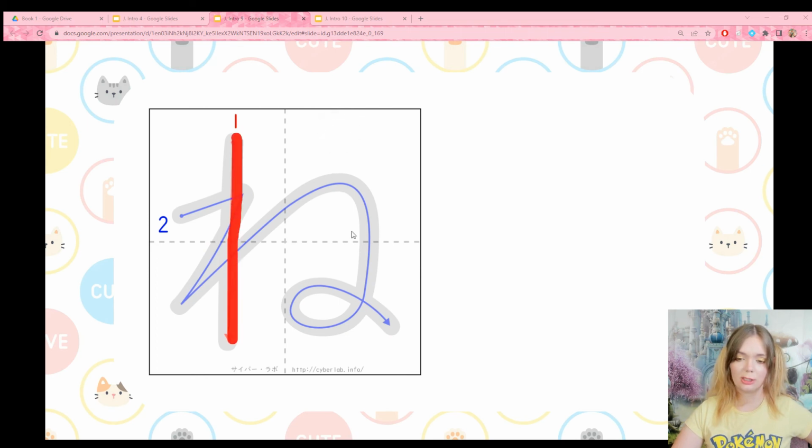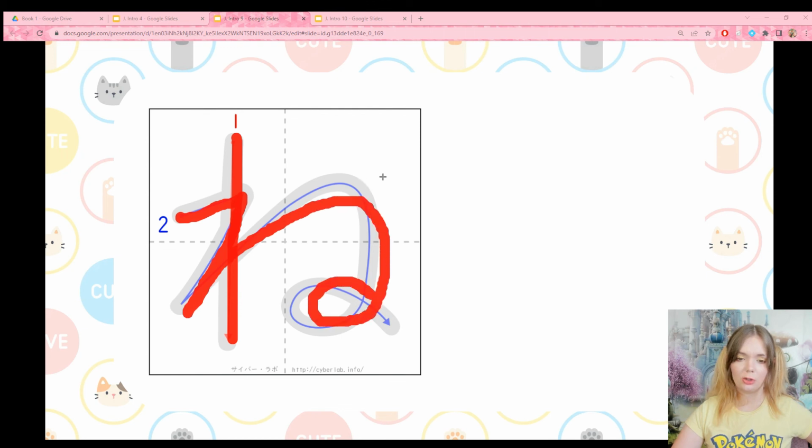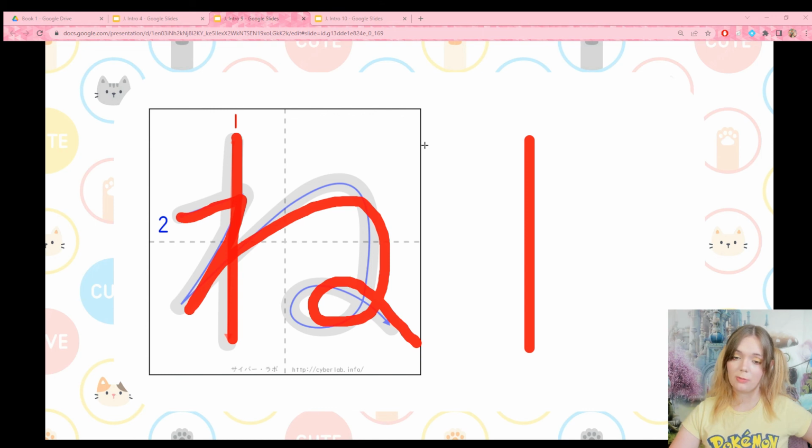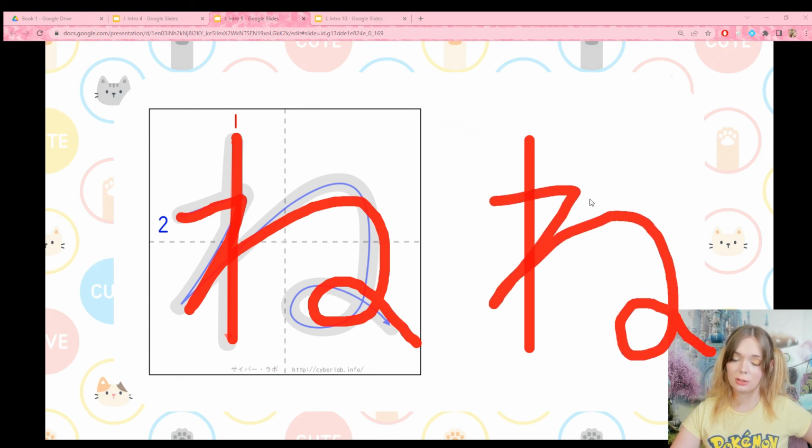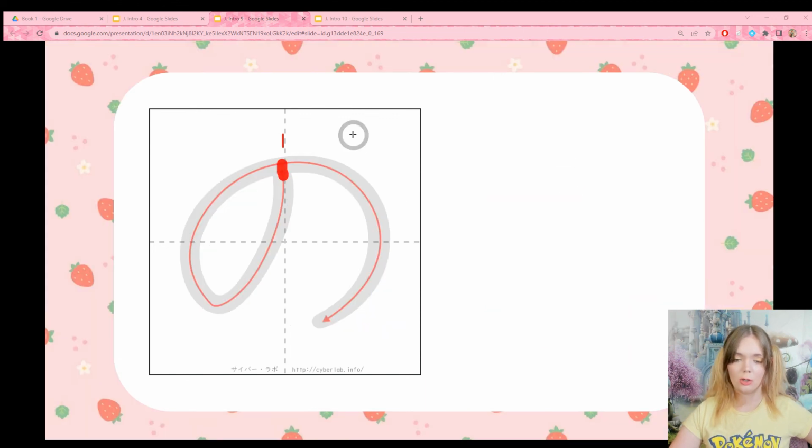Ne takes a little bit of practice. Draw a straight line down for the body of your fisherman. And then we have a Z shape. Then you have your fisherman's line and your net. That's important to remember because there's another character we'll learn soon that looks kind of similar. So it's important to know that they're different. One more time, draw a straight line, make a Z shape, and then make your net. Just like that. This one is ne. No, it's pretty easy.